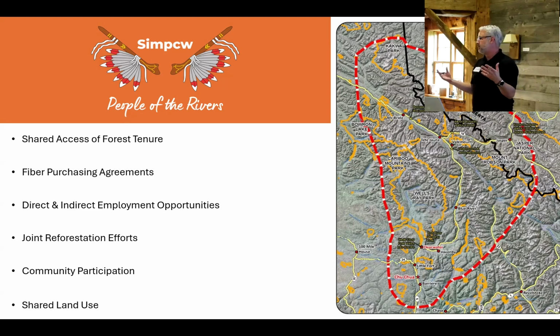And then we just participate. We live and play in the same community. Simpcw, they have lots of basketball coaches, members, very highly oriented the nation to actually sport and education. And education is a real big piece for the nation. And so it's another aspect that our relationship is kind of unique in the sense that Simpcw